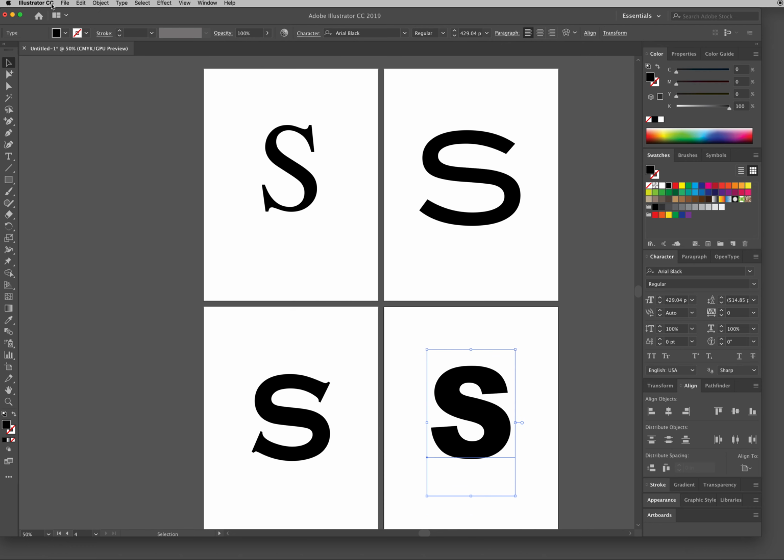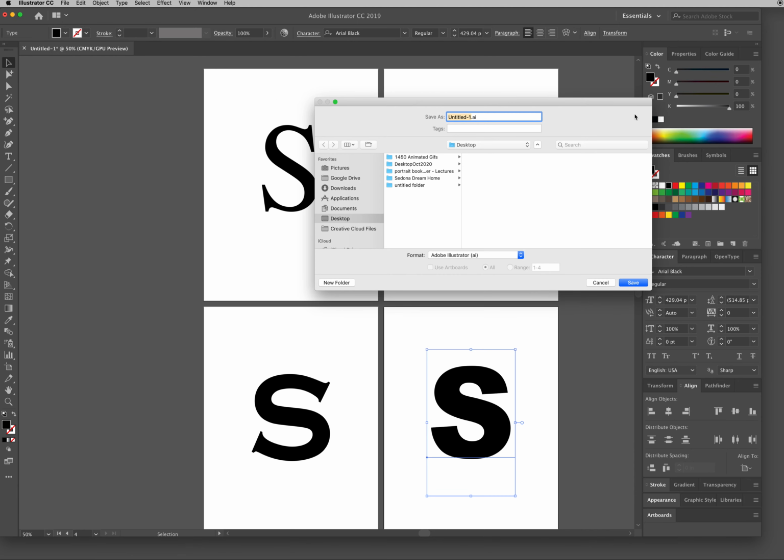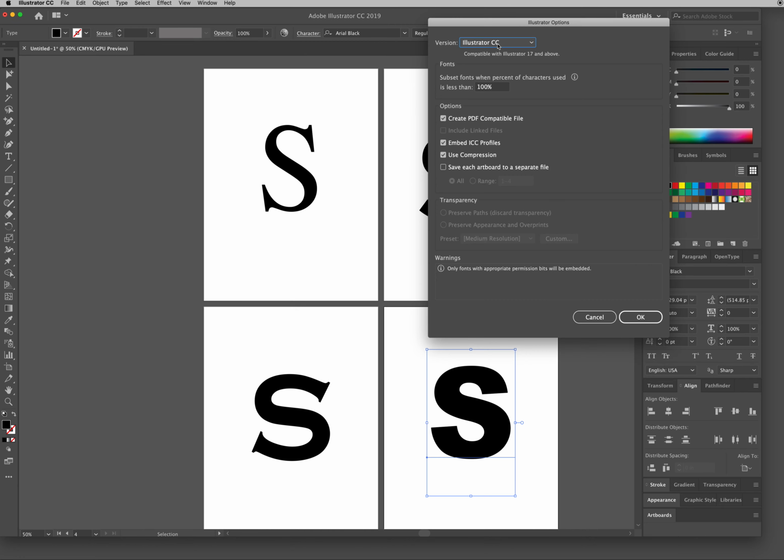All right. So now I'm going to save this, File, Save As, and I'm going to call this my letter form assignment. And right now I'll just save it to the desktop. Just as a regular Adobe Illustrator file, and hit save. The version here will always default to the latest version, but just so you know, this next window allows me to save it down to lower versions if I have to. And hit OK.